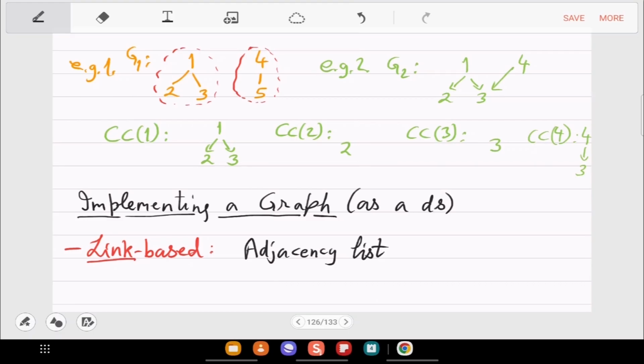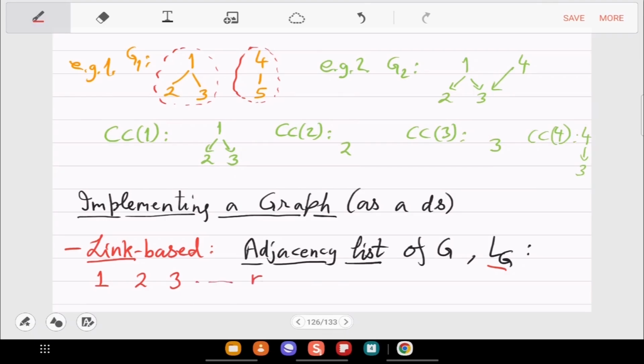So adjacency list of a graph G, let's call it LG. So this is a list structure, but not quite the linked list you have seen before. Slightly more complicated. So you will have multiple elements.